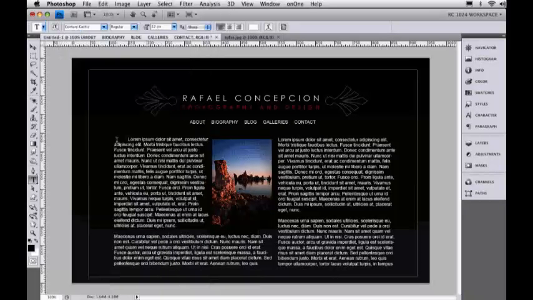And there you go. Just a couple of different text layers, and now you have yourself something that you can kind of cut out and move into a Dreamweaver